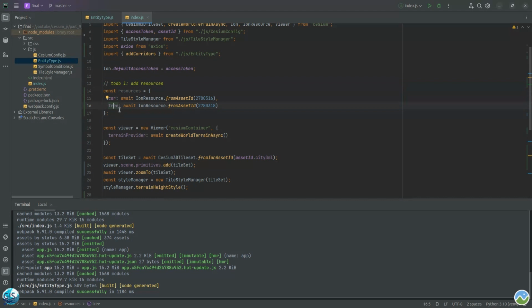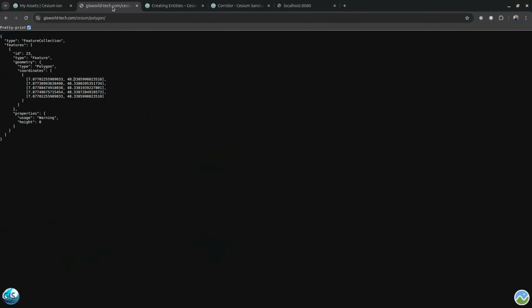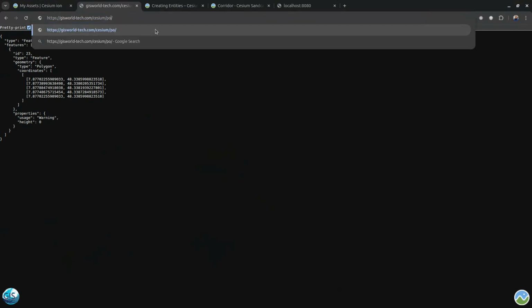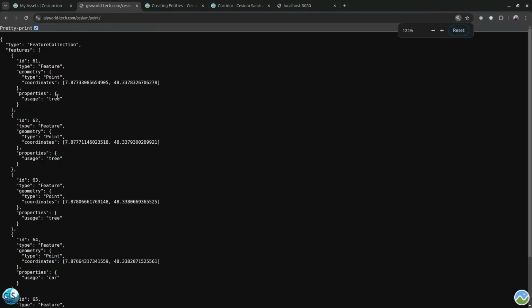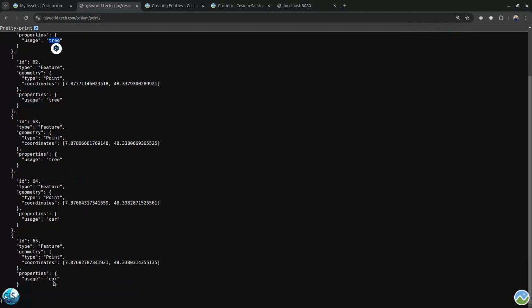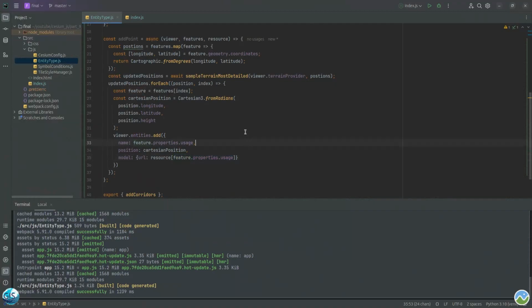So I should take one of them. In that case, I will get both of the resources, and according to the feature properties.usage, maybe we can check it once more together. So point. Here you can see that I get the usage, for example, this is tree, this is car, and after that I will select which GLB file or which resource should be selected. Okay,